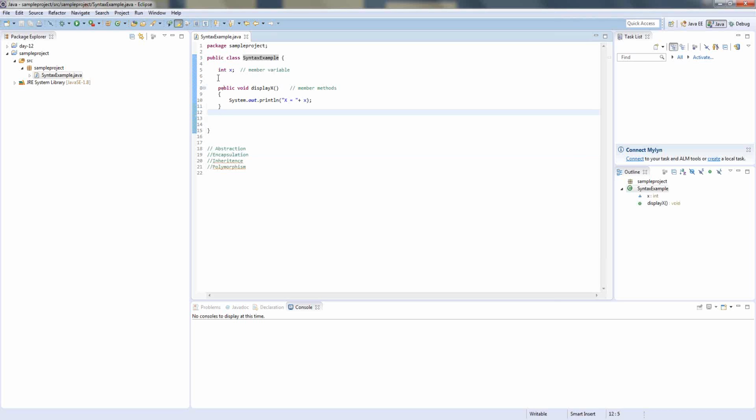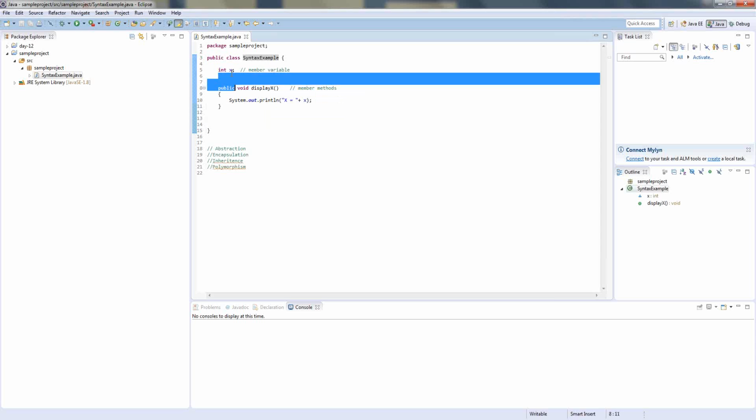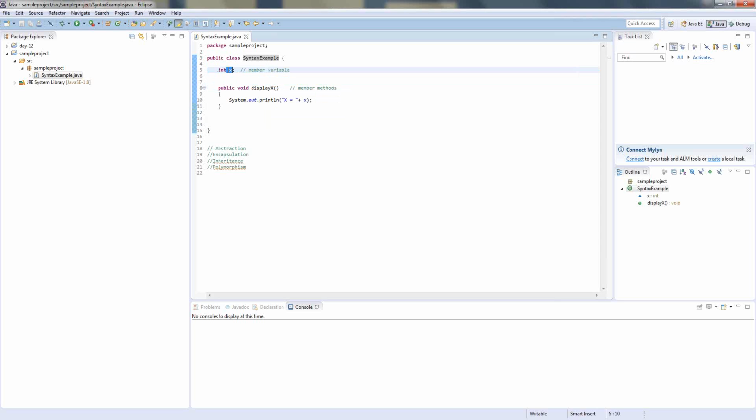You cannot have anything other than the variable and method. You can't write any syntax outside this. You have to either write in a method, or you can declare it as a member variable. So that is the rule of Java. Third thing is